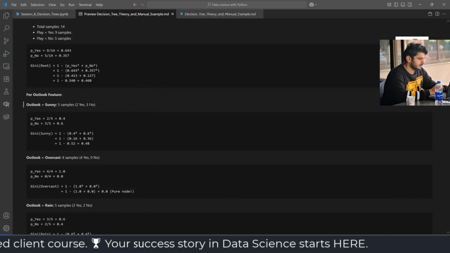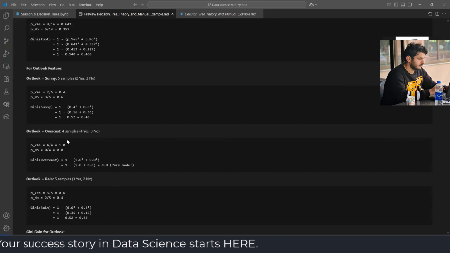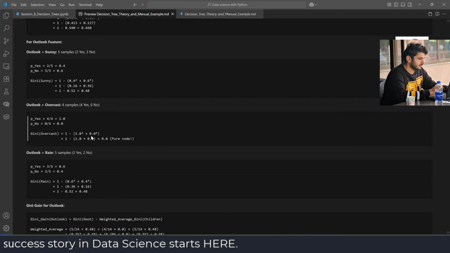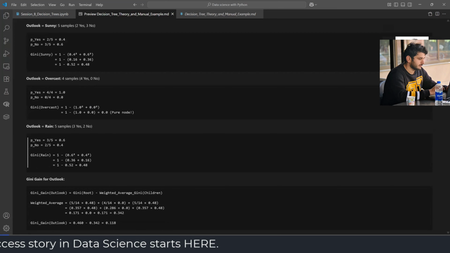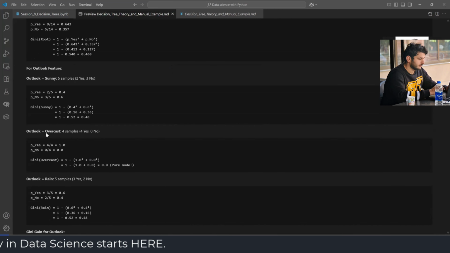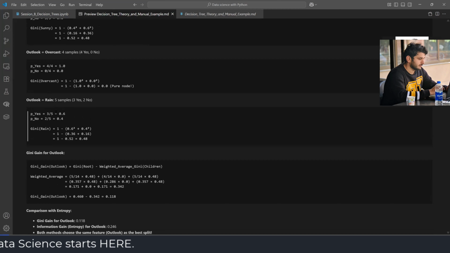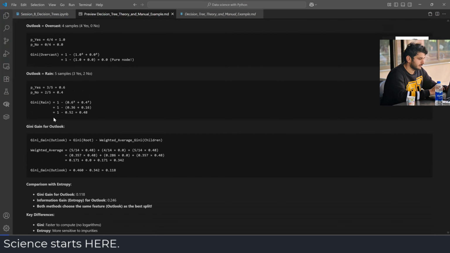So basically, we will start with a single independent variable. We will take the Gini of all the categories here. For example, for sunny, it's going to be this. For overcast, it's going to be this. For rain, it's going to be this. And once we have the Gini for all the categories in the first independent variable, then we will just calculate